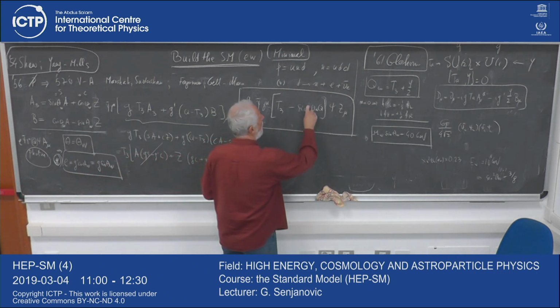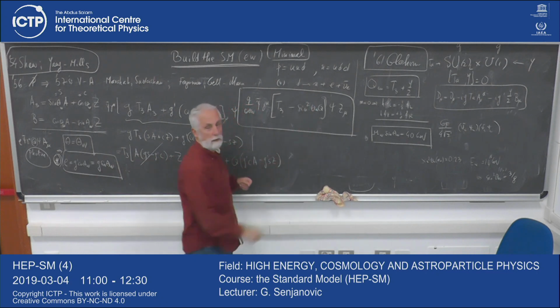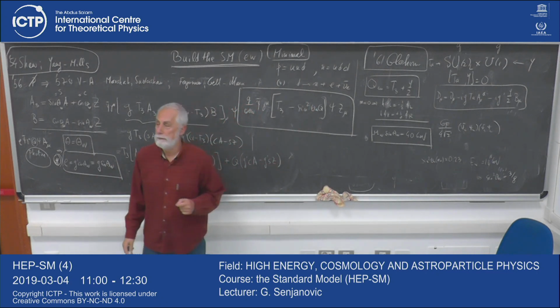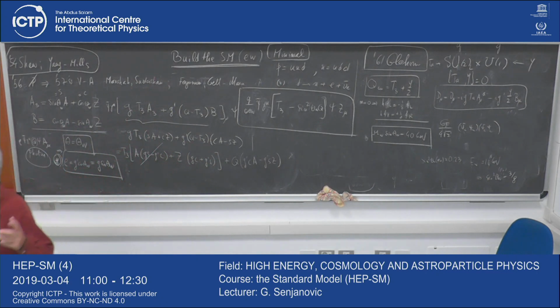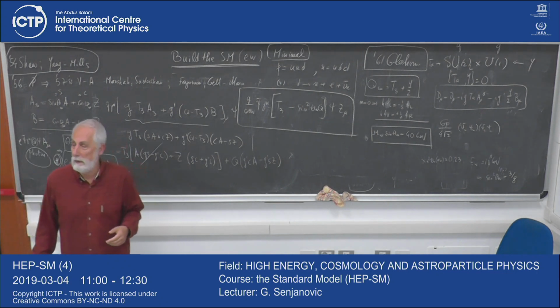But notice what is nice here, that I just need one parameter to predict hundreds of different processes. Now I can take neutral scattering, anything I want. Neutrino on the muon, neutrino on the electron, neutrino on the up quark, electron on the up quark, electron on the down quark, process after process. And you can imagine the excitement